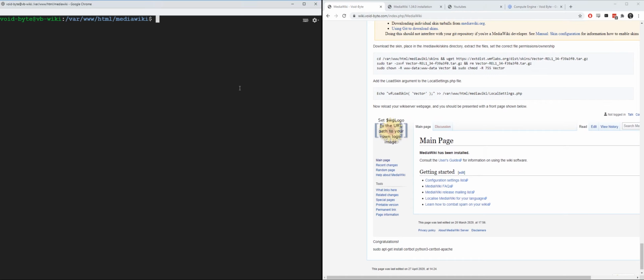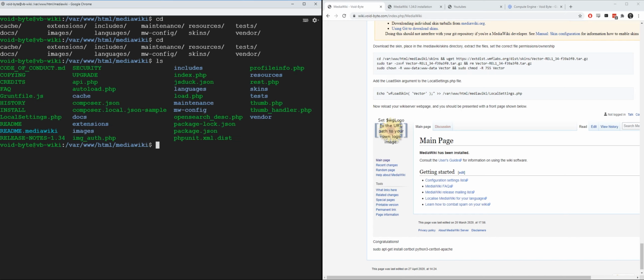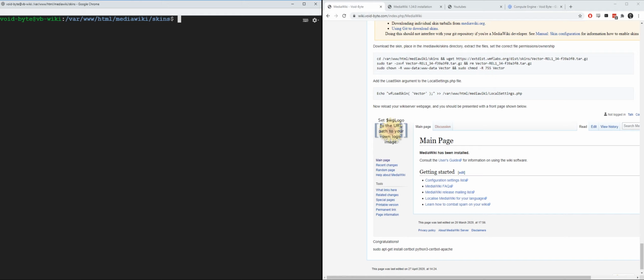So what we're going to type is cd to change your directories if you're not already here. We're going to switch over to skins. We don't have a skins. There we go. Yeah, cd skins. Awesome. And we're going to type wget https